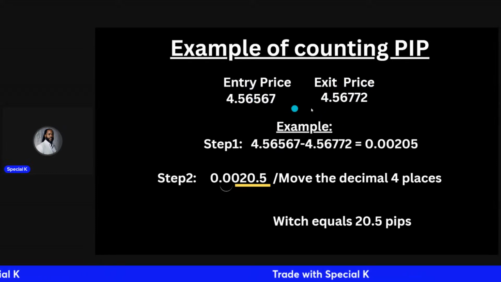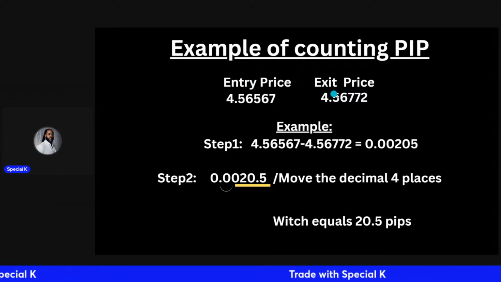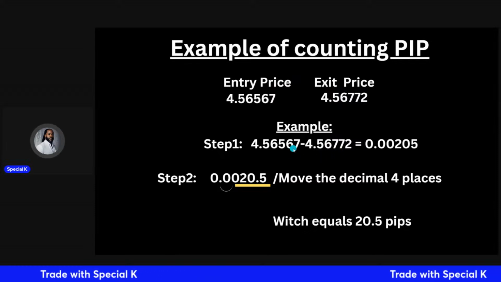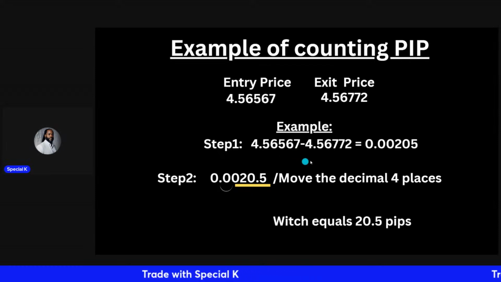And quite honestly, if you switch these numbers and subtracted the exit from the entry instead, it's going to come out to the same number. It's just going to have a dash for being negative, but you count the pips the same exact way, right? So again, you got 4.56567, subtract 4.56772. The answer you get,